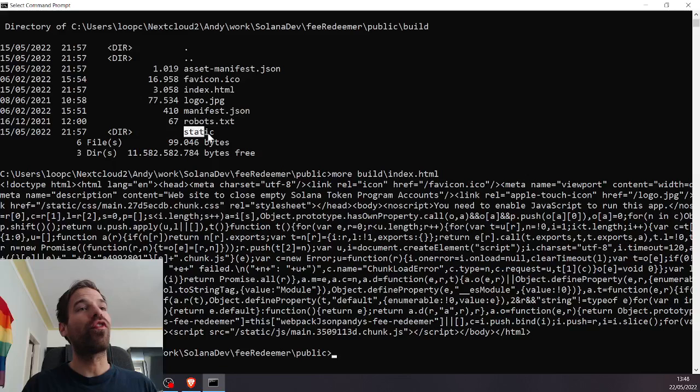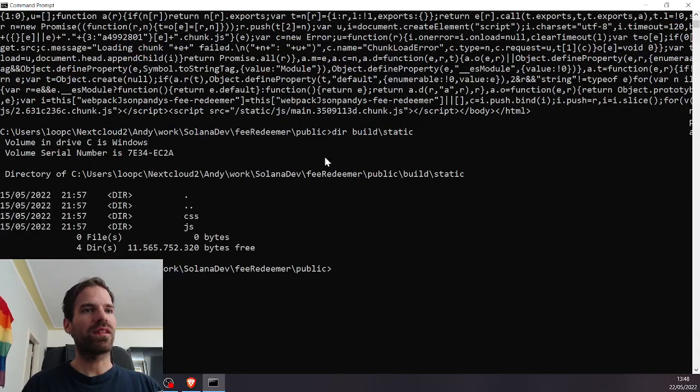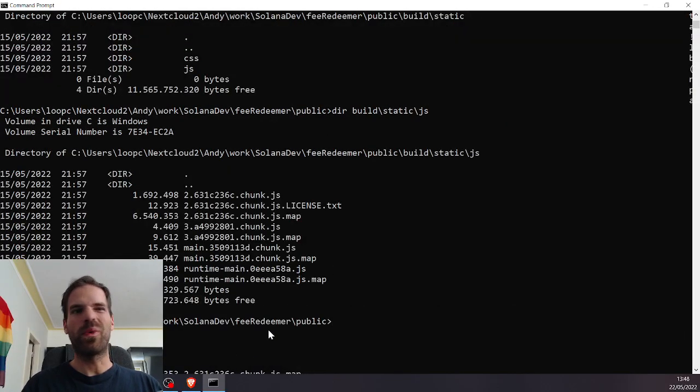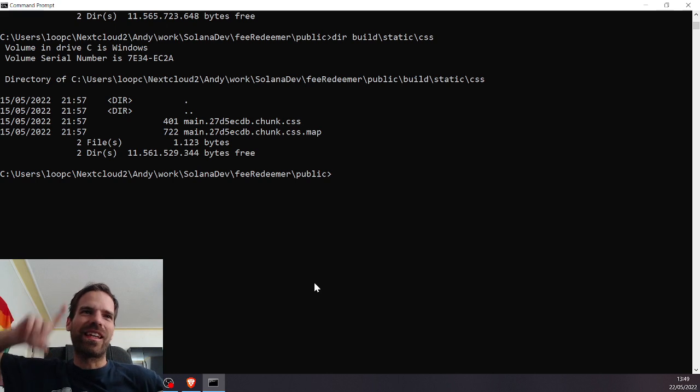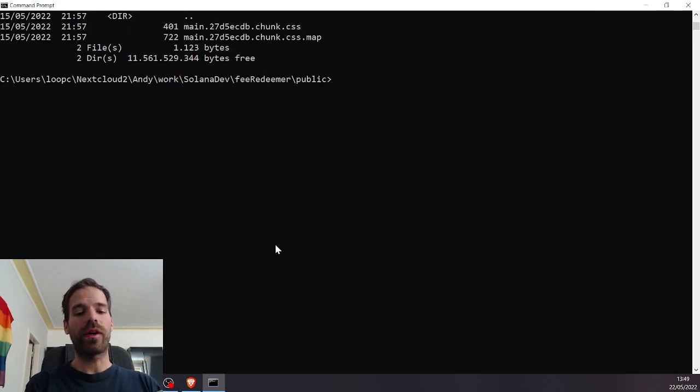And I can't do folders like this on Shadow Drive. That's the problem. But what's in static? There's just a bunch of more files. And there are also a bunch of chunks. I mean, I can all put that in one directory. That's not the problem. The problem is linking it correctly. Anyhow, so if I were to say